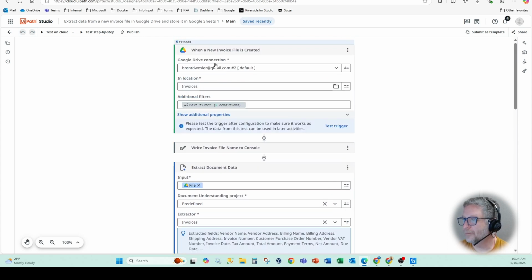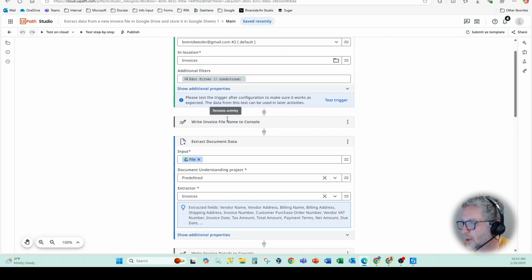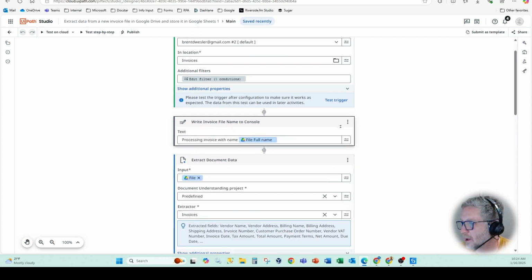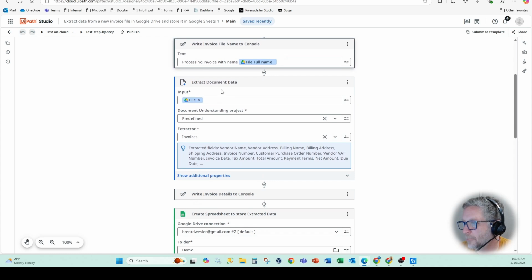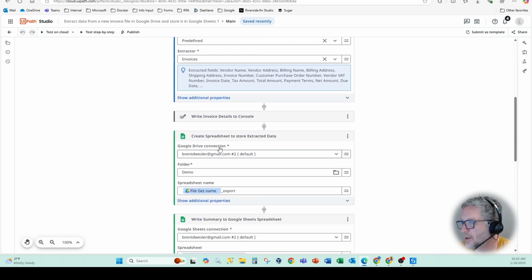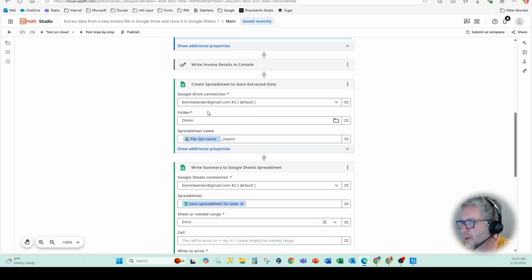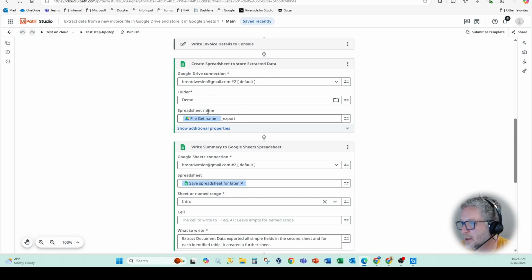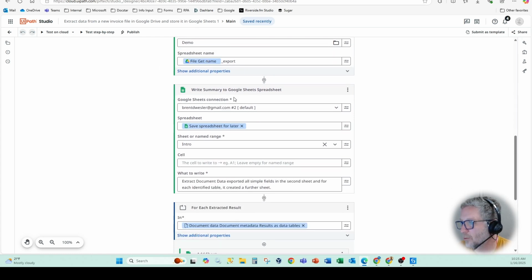So you'll see here at the top, we're going to basically look in my Google folder, the invoice location. We can then write that information to the console location. We're going to extract that information using Document Understanding. And you see here we have the predefined invoice extractor. And then it's basically going to drop the extracted data into a Google Sheet and then write a summary within